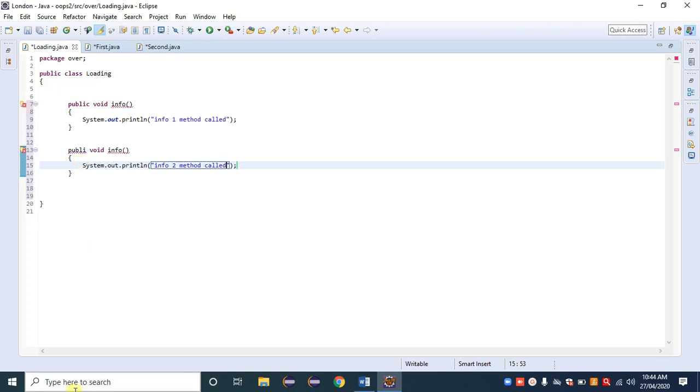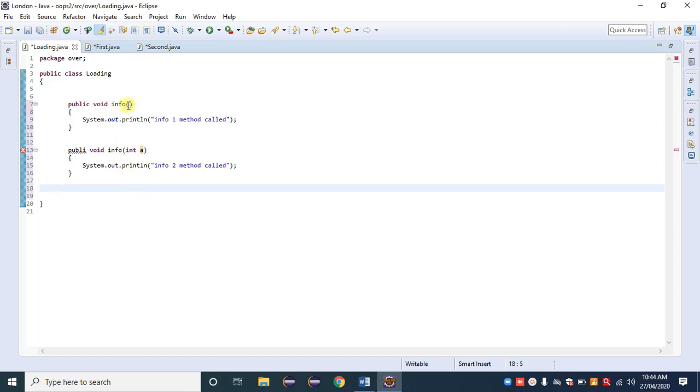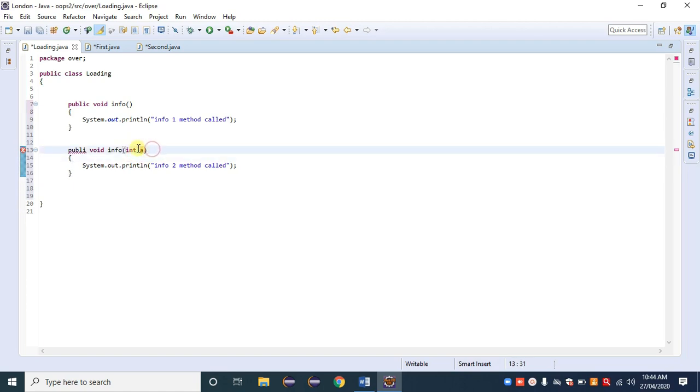So right now we get an error as the method name is similar, hence duplicates are not permitted. So I am just passing a parameter here. Suppose here I am passing int. If the requirement of my program is that, then it is possible. If my program requires no argument, then I cannot overload that method. Keep in mind. Okay, so int a.